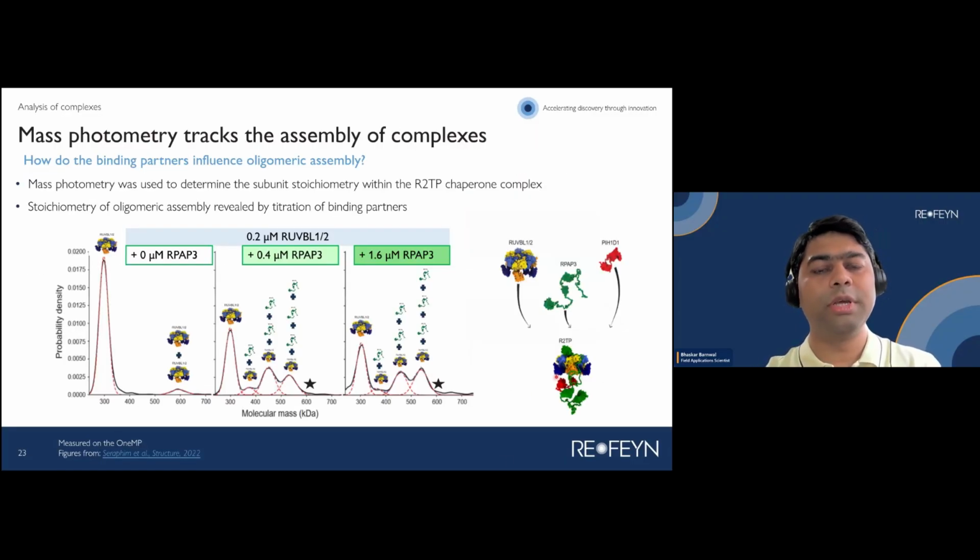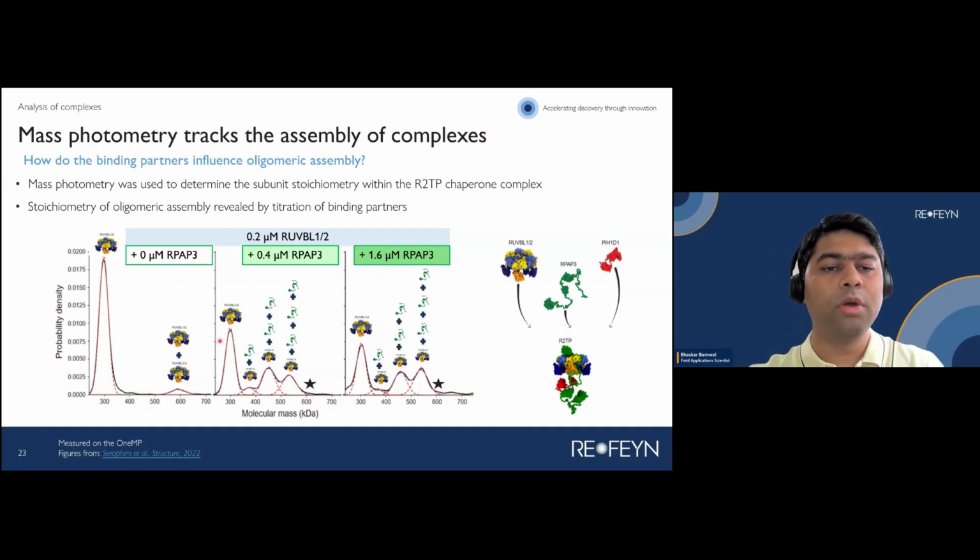This particular example is where Rubel 1,2 interacts with RPAP3 to form the R2-TP chaperone complex, and it was used to track the assembly of complexes. The RPAP3 was titrated in different concentrations. However, Rubel 1,2 was used at a constant concentration of 0.2 micromolar. When there is no RPAP3 in the sample, you can see the monomer and the dimer of the Rubel 1,2